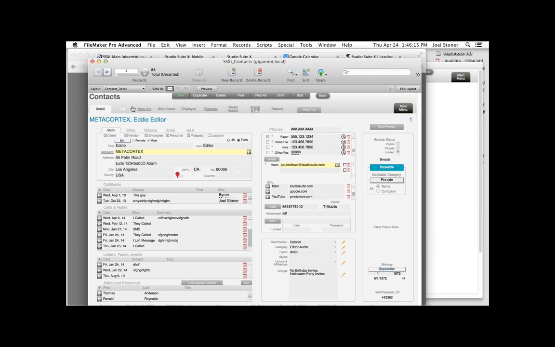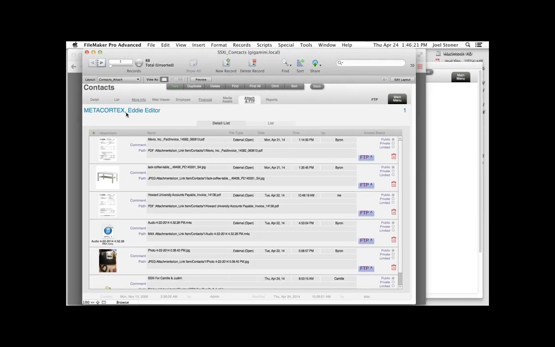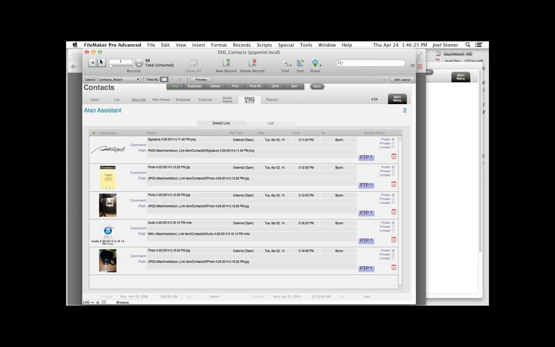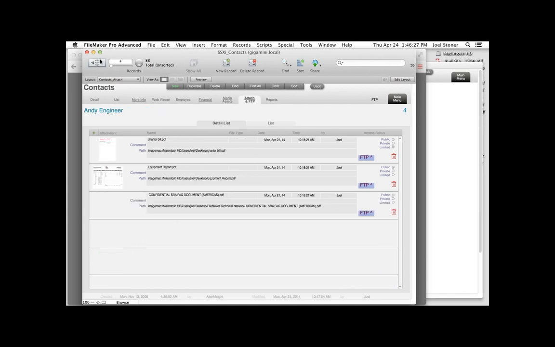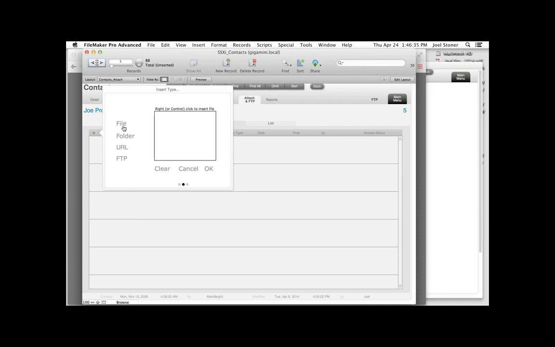This is one of the bigger new features. I'm going to go into contacts because that's where it's done the best. You may recall that there was a bunch of big buttons across the top to allow you to insert pictures or sounds or files or folders. So now we've just got this little plus button and we can pick what kind of thing we want. So if I pick a file,